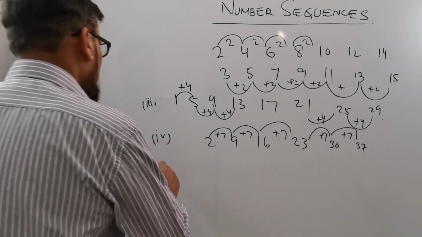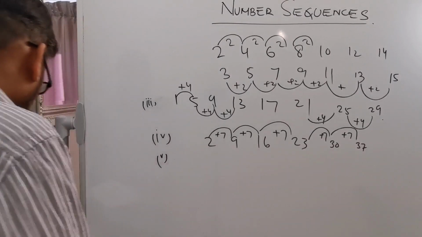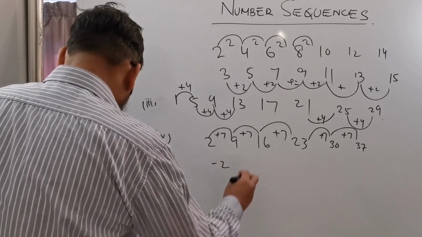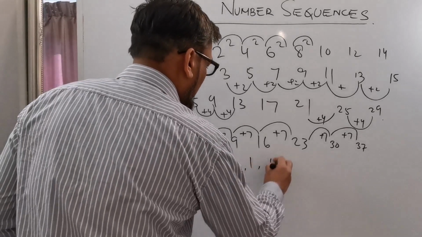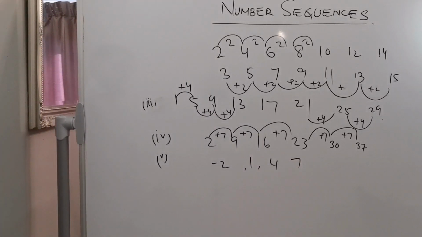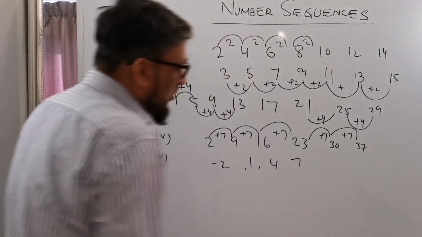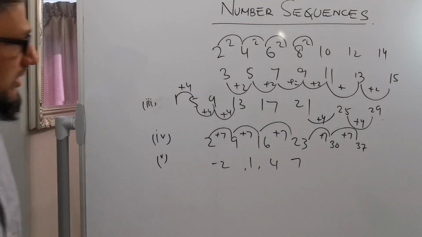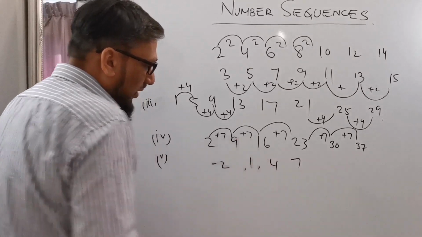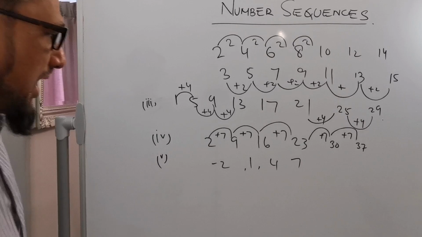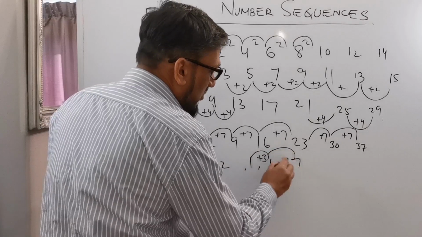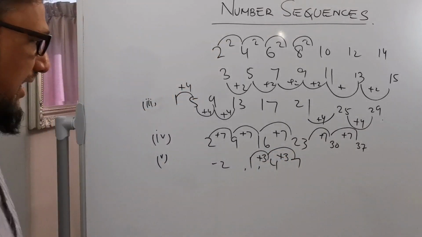Let's move to another example: minus 2, 1, 4, 7. What are the next two numbers? How do we work it out? Look at the difference. Minus 2 and 1, the difference is 3. How? Look at this: 1 to 4 is plus 3, 4 to 7 is plus 3, and